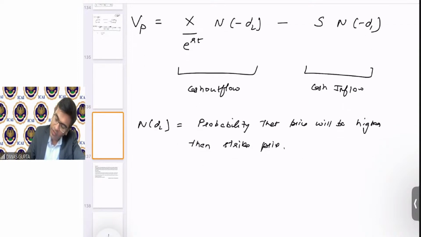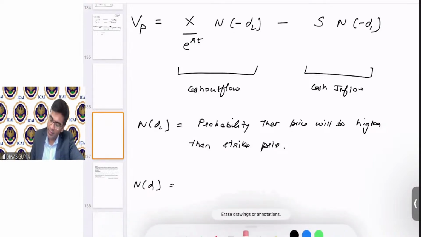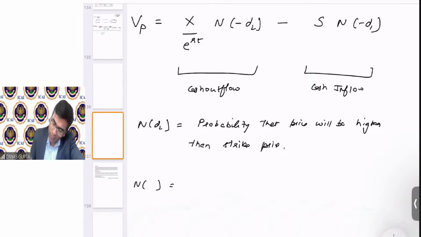Correct? This is what we have discussed in N(d2). Probability that price will be higher than strike price. For N(d1), sorry, for N(-d2), minus d2 will mean,